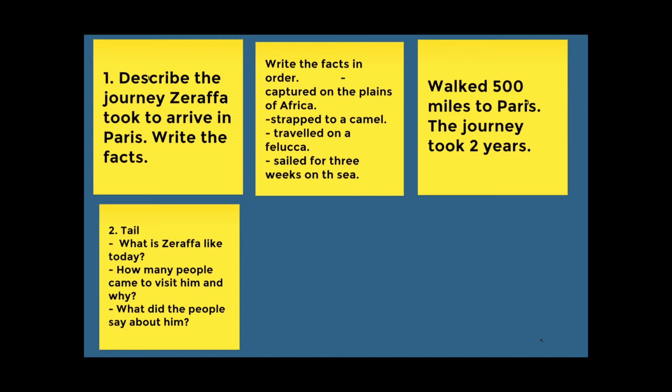In the last part of your writing, I want you to try and write a quote. I want you to imagine that you've interviewed some witnesses. A witness is someone who's seen the event in real life. So someone who's seen the giraffe, interview them and say, how did it make you feel when you saw the giraffe? What was the giraffe like? And I want you to think of what they might say and write it as a quotation in your newspaper report.